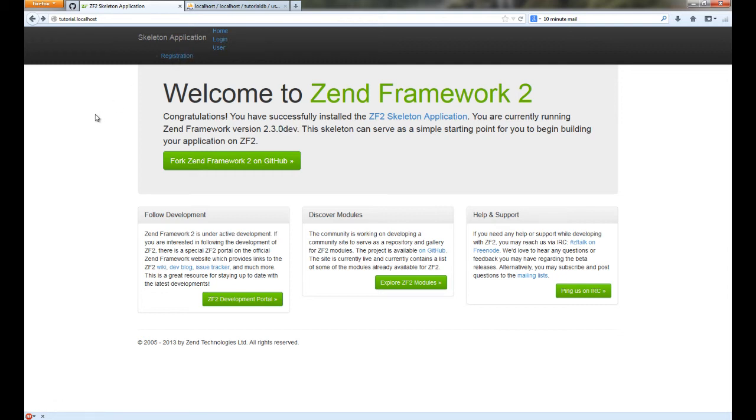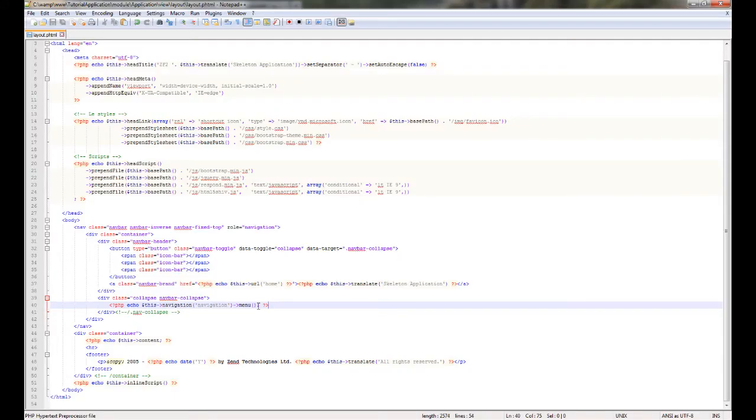Now the way it appears here is because of the CSS, because of the layout that is described in the Zend Framework 2 skeleton application. When we're using it in our own layout, we can style it so that it is shown better. But here we can still try to do something. The skeleton application is using Bootstrap as a CSS library, so you can try and set the UL class